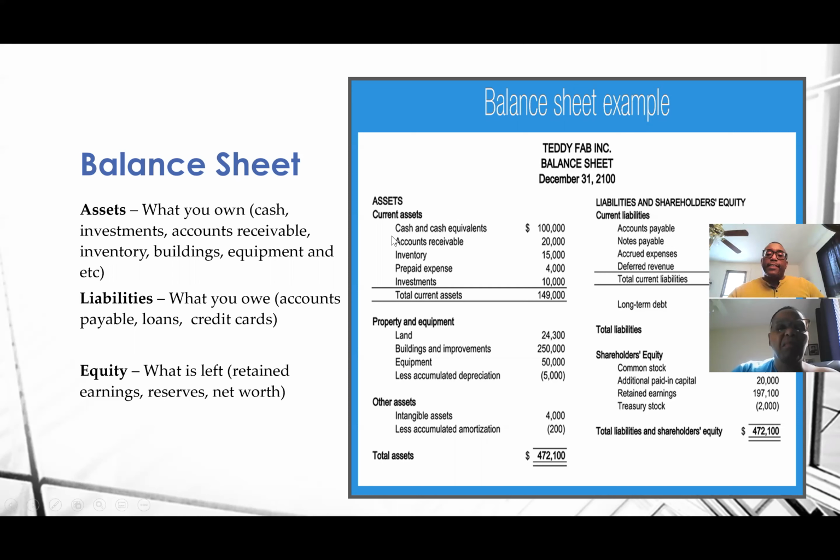And you can see the assets on the left side of this balance sheet example. They break it down between current, property, equipment, and other assets, but it encompasses the things we talked about: cash, accounts receivable, inventory, investments, building, equipment. These are typically your assets. Well, the other part of your balance sheet,